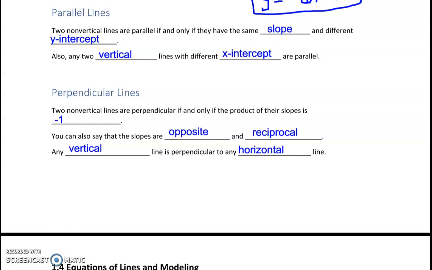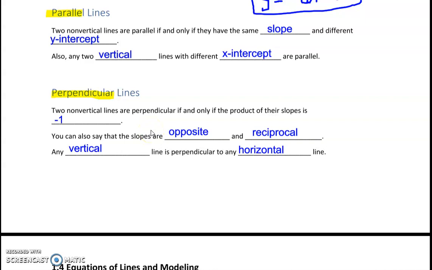Basically, by the end of this section, you should be able to take two linear equations, and be able to determine whether or not they are parallel or perpendicular. You also might be given one line and be able to write the equation of another line that is parallel or perpendicular. Okay, so let's jump right in and let's first just define what parallel and